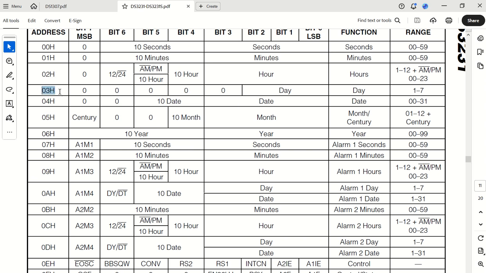At 3, as I've said, I'm not going to make use of day, but it's the same story. 4, we used in the other one, in the 1307. So yeah, it's exactly the same position. 5 is actually exactly the same position as the previous one. And 6 is the year position, which is exactly the same as the previous one.